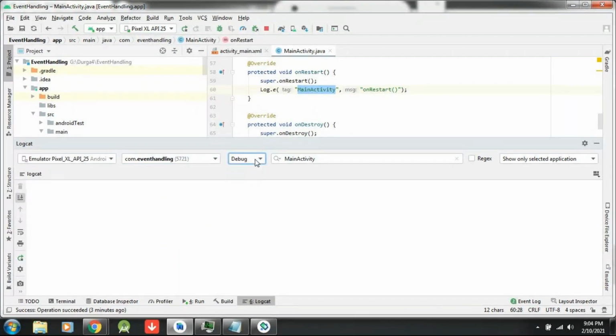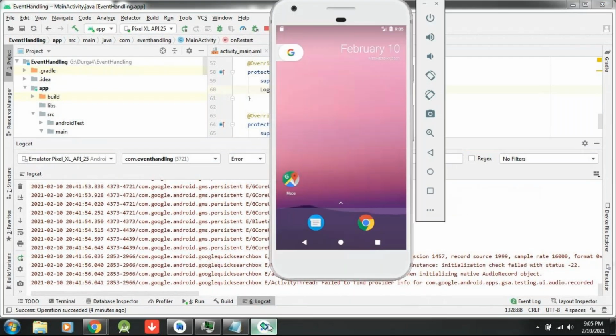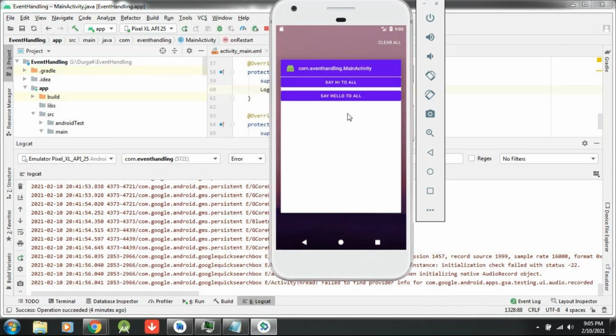Debugging. Inactivity I have to know. Filters I have written. Why no logs are available? I think no log is available. Let me restart. Restart in the sense menu. So whatever closed application is there, that will come. So this is your application. It is not printing here.